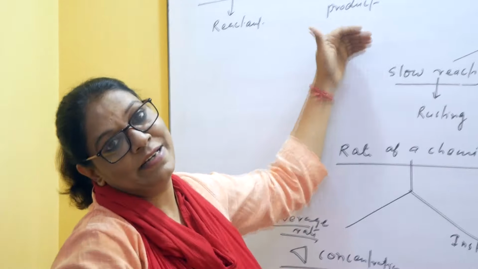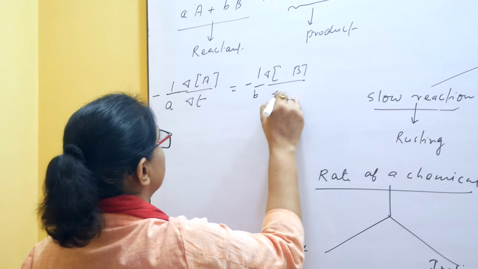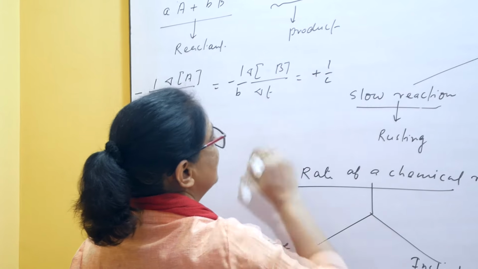So here this coefficient is written like this. In average rate we can write it like this. And here we put a negative sign. The negative sign shows that concentration is decreasing with respect to time. This is minus 1 by small b del B by del t. This is plus 1 by c, the plus sign shows